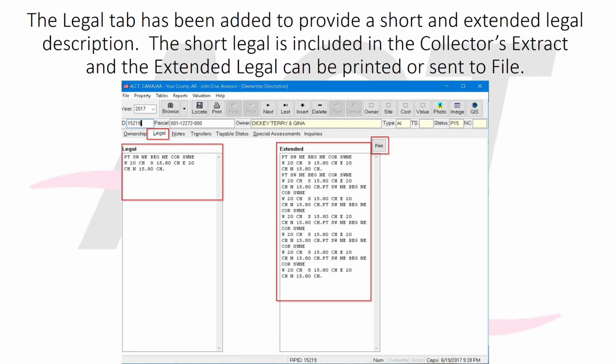Moving on to the next tab in the ownership screen, we've added an entire tab for the legal description. It has been added so that we can provide both the short and the extended legal. So you may type a short legal description in the legal field to be transmitted in the collector's extract and print on the bills. But the extended legal allows you to type the entire legal description as it appears on the deed, or in this case,